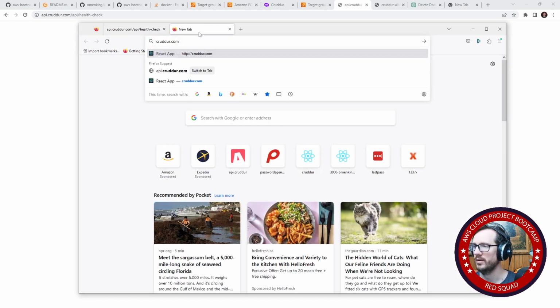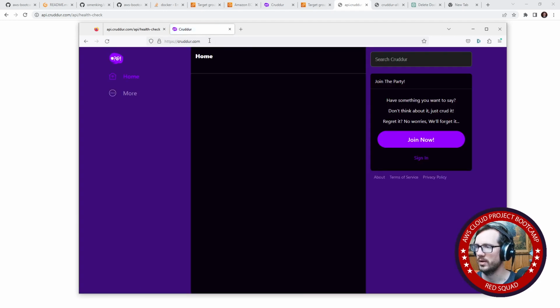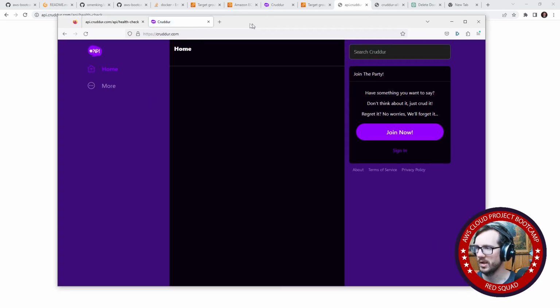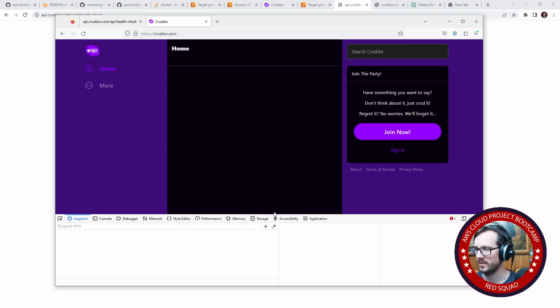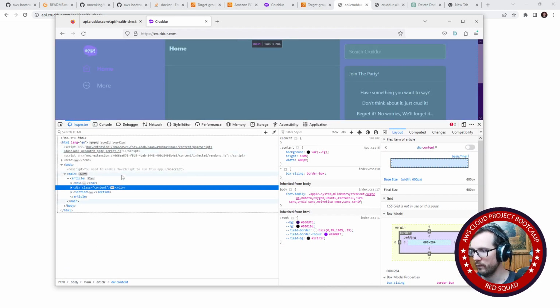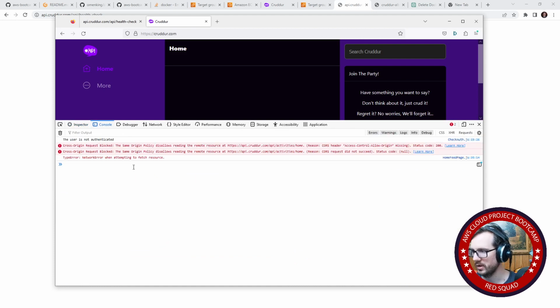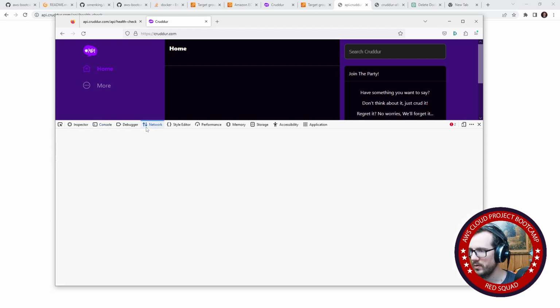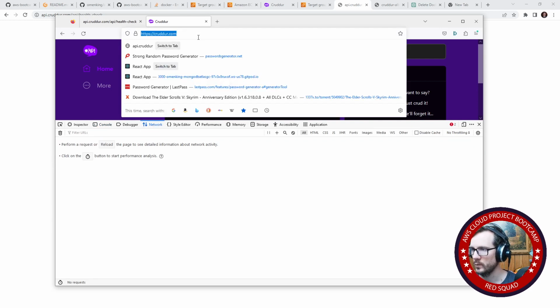And so we'll go here, type in crutter.com. And so it looks like it's almost working. If I go and inspect it, not a huge fan of using Firefox for this, but if we go here and we go to console, we can see CORS, status 200. So we'll go to network here, refresh it,